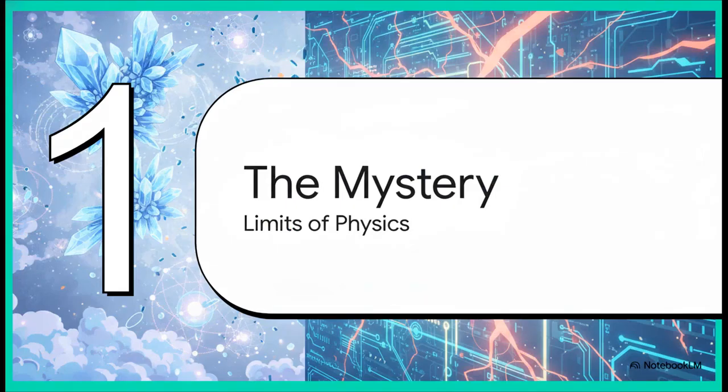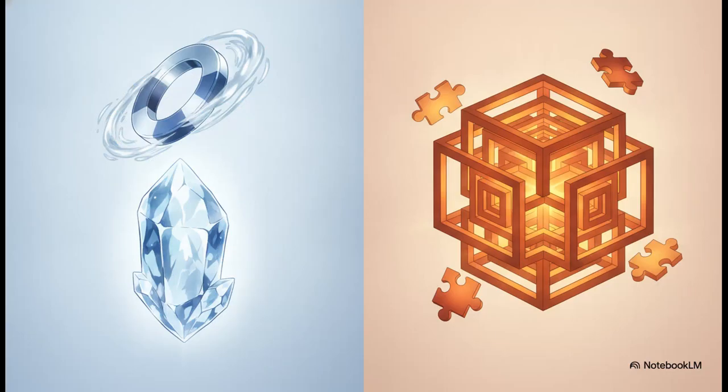Part 1. The superconductivity mystery and the absolute limits of standard physics. For a material to be considered a true superconductor, it basically has to do two specific things once it drops below a critical temperature. First, it has to exhibit literally zero electrical resistance. And second, it has to display perfect diamagnetism, which essentially means it completely expels external magnetic fields. Now, standard physics leans heavily on BCS theory and something called phonon-mediated Cooper pairs to explain this in conventional materials. But the math totally falls apart when we try to apply it to unconventional, high-temperature materials like cuprates.